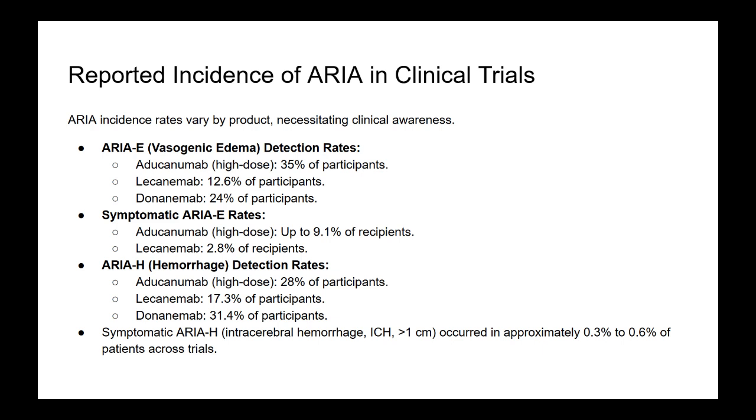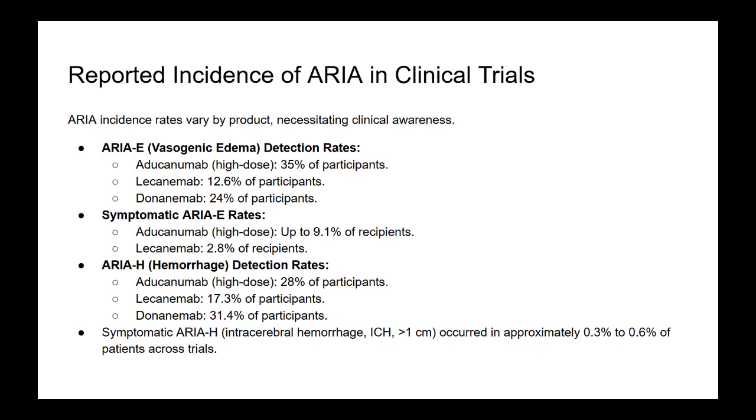vary by product. In the case of amyloid-related imaging abnormalities with edema or vasogenic edema, it was detected in 35% of participants receiving high doses of aducanumab, 12.6% for lecanemab, and 24% for donanemab. Symptomatic occurrences of this condition occurred in up to 9.1% of those receiving high-dose aducanumab and 2.8% of those receiving